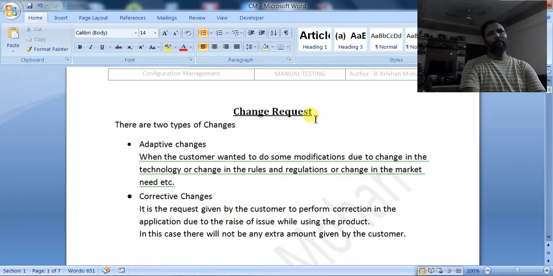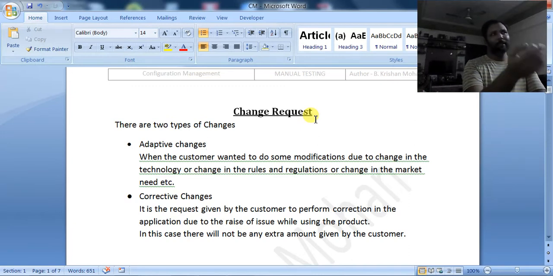Then what is this adaptive change? Adaptive, see, adoption, meaning adopting the new technology. Suppose that while the development is going on, a new technology is introduced in the market, and the customer wants that technology to be incorporated in the project.